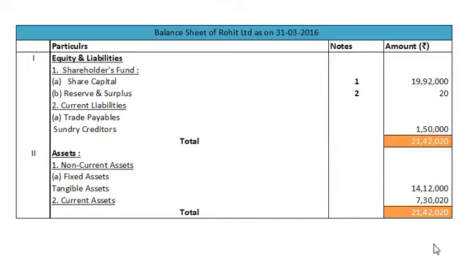Journal entries are not discussed because I think after solving these many examples you are competent enough to pass journal entries by yourself. Okay, so try to understand the solution of this particular sum, solve independently yourself, and solve one more example of a similar type from books available to you.